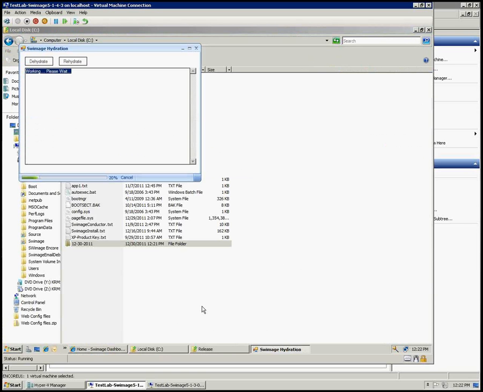So we're going to go ahead and let this run, and I'm going to go ahead and pause here and let this complete, and then once it's completed, we'll go ahead and pick this